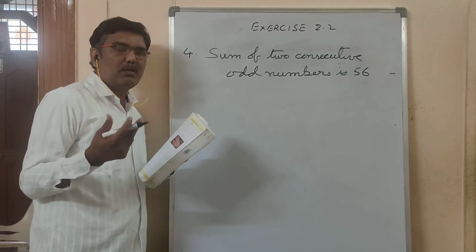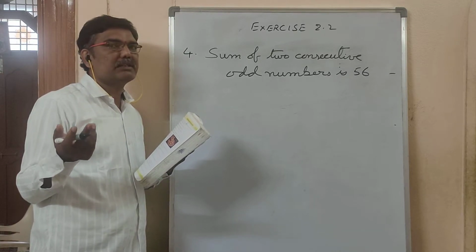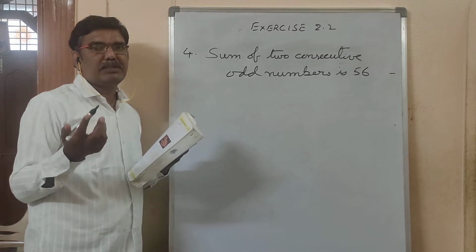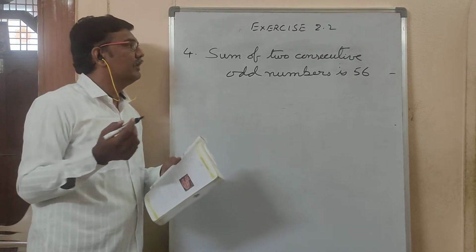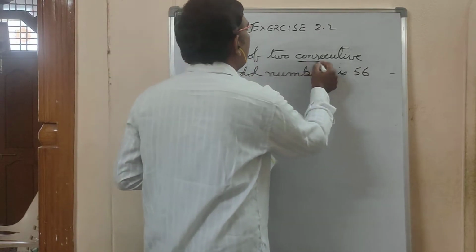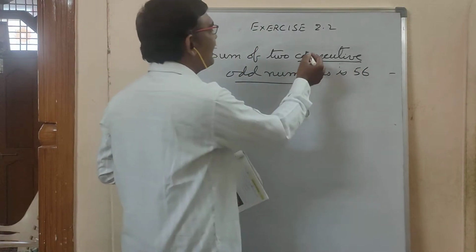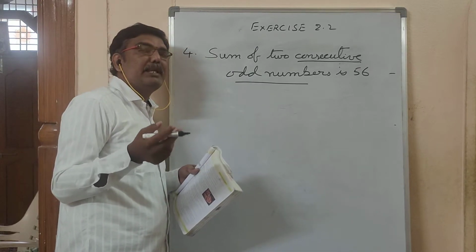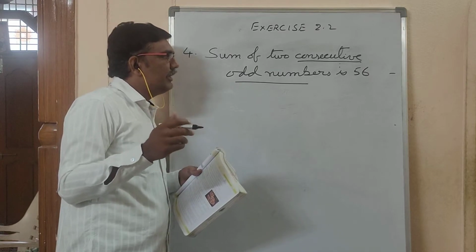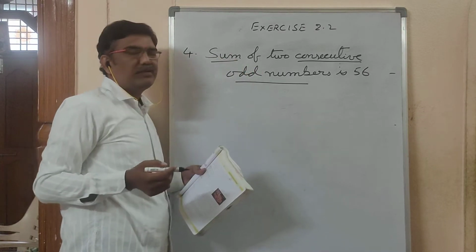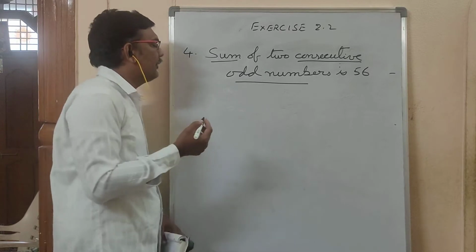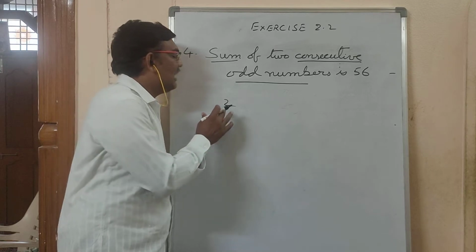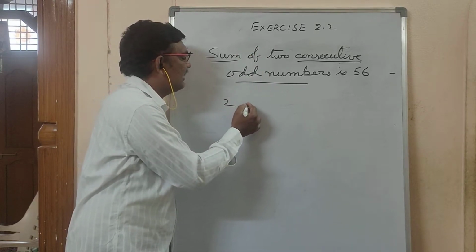So what I said to you, first you have to read the question perfectly. Then how to solve will be seen next. First reading the problem, understanding the problem, doing the problem. 3 steps will be there to solve the problem. Consecutive, some we don't know. These are mathematical terms. We should know what is the meaning of consecutive, what is the meaning of odd numbers, what is the meaning of sum. So consecutive, see, 2 is a number in natural numbers. What is the consecutive number for 2? You have to say the answer as 3.